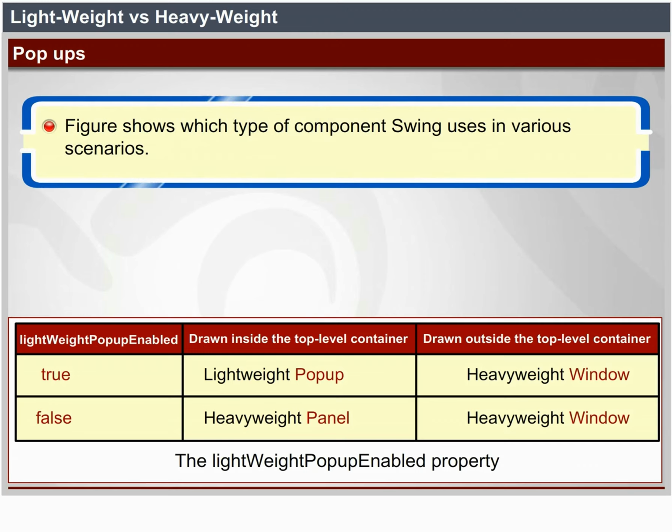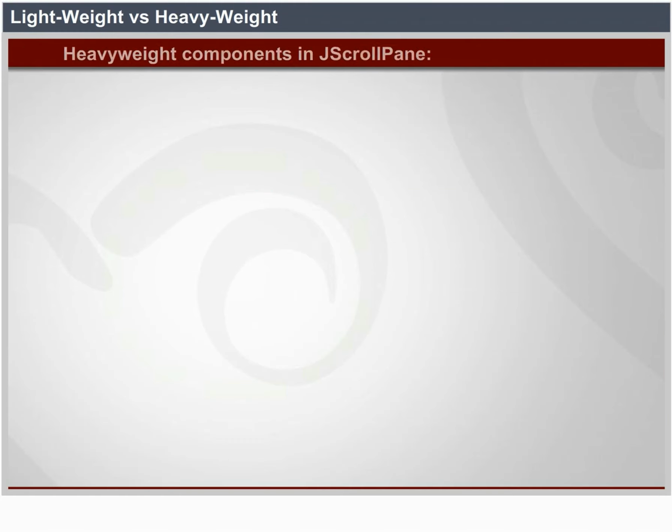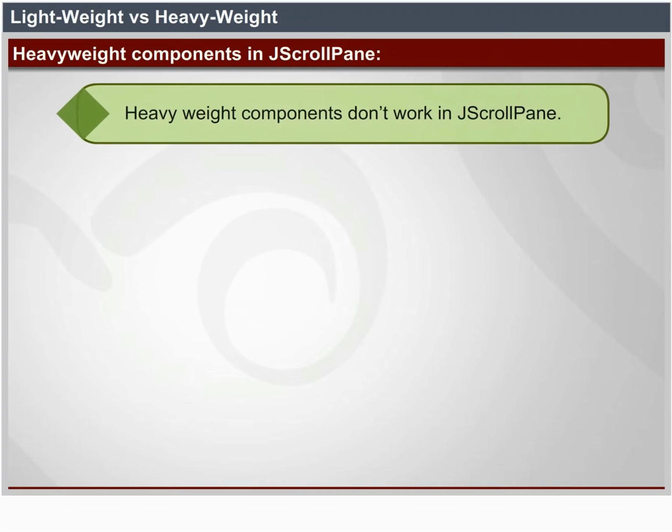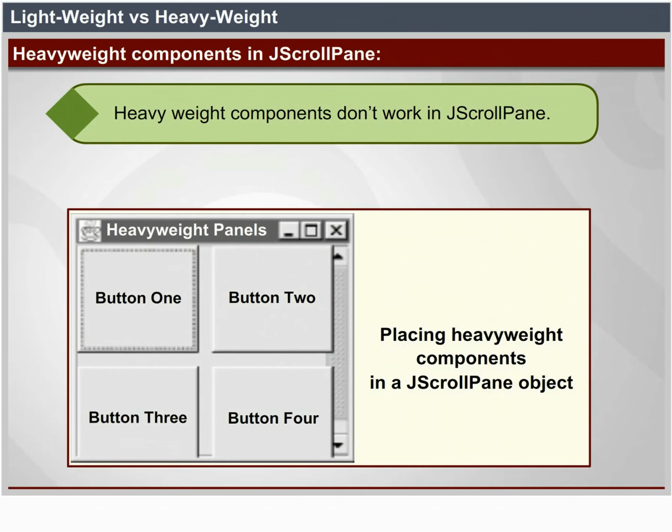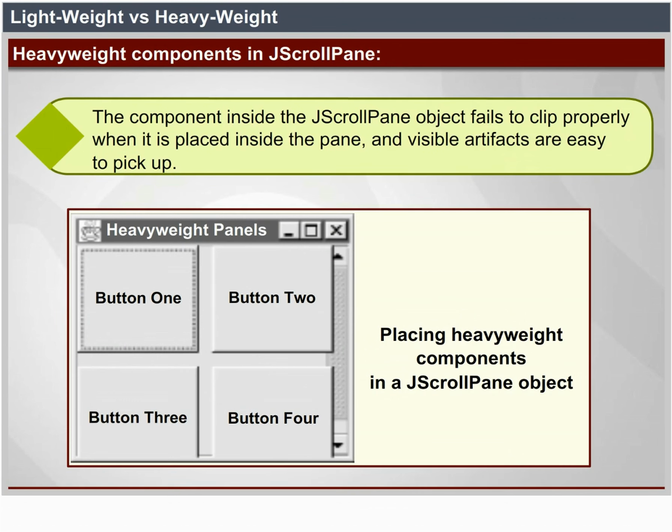This figure shows which type of component Swing uses in various scenarios. Heavyweight components in JScrollPane. Heavyweight components don't work in JScrollPane. The component inside the JScrollPane object fails to clip properly when it is placed inside the pane, and visible artifacts are easy to pick up.